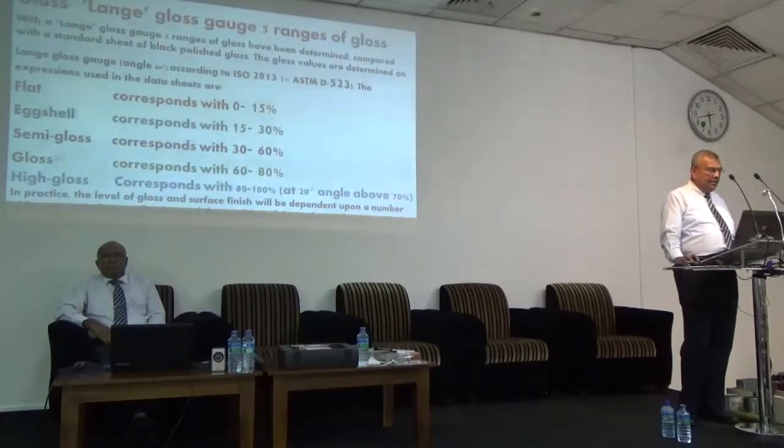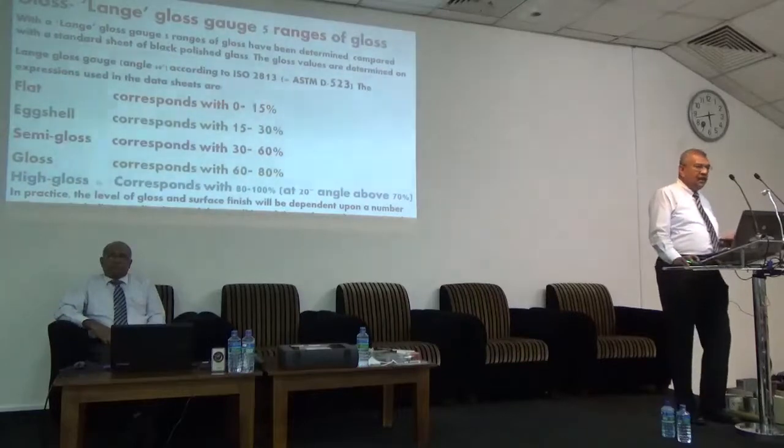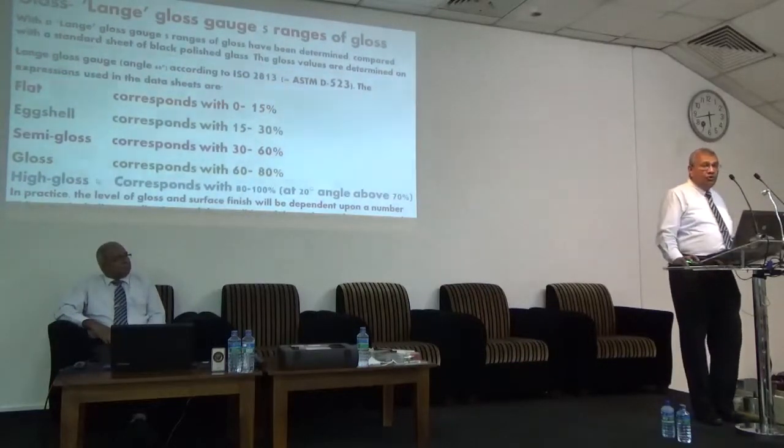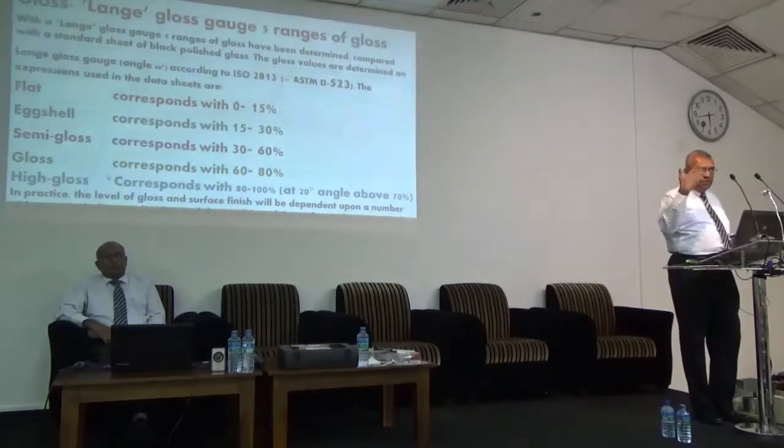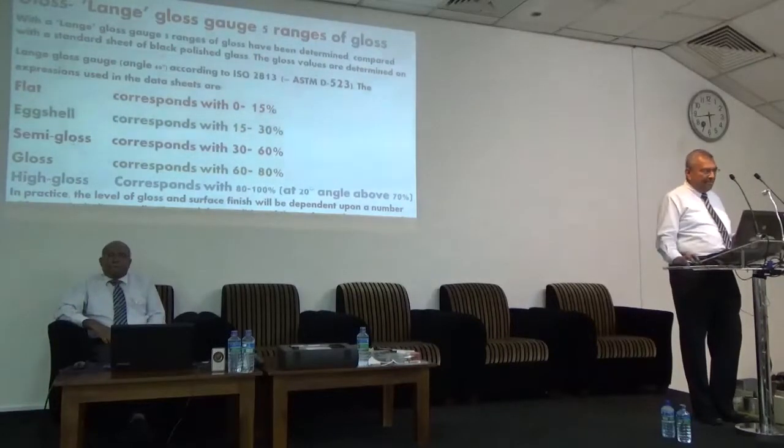The issue is, when it comes to finished coats, either you have semi-gloss, gloss or high gloss. Especially if you have a bridge, a railway bridge, sometimes you don't want high gloss. They want semi-gloss. It depends, if it is a highway, sometimes the shine can be a problem for the driver's eye. So you have to go for a gloss or a semi-gloss. Different consultants, as per their perception, will choose the gloss.